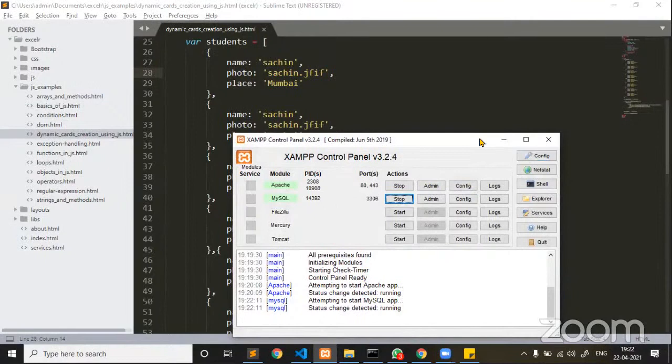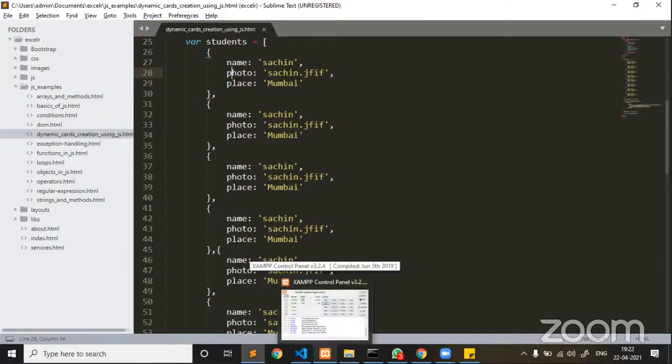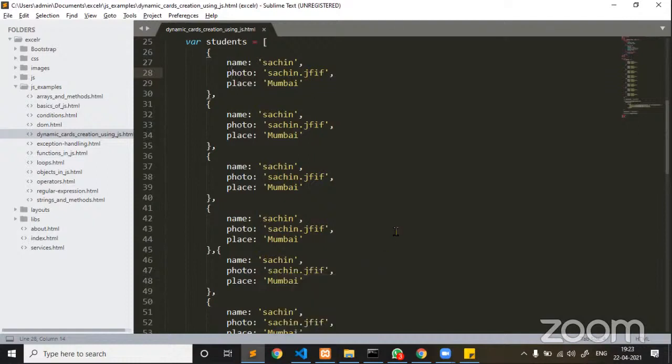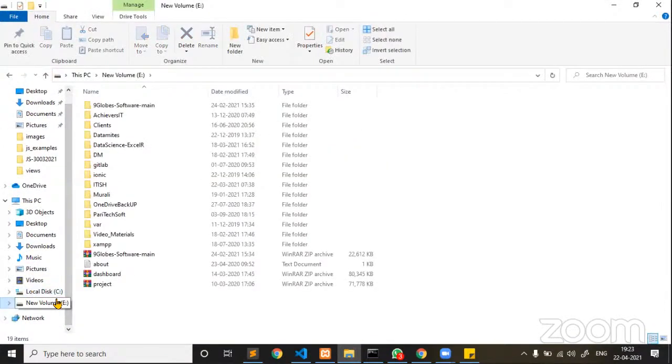Next, I started services in my operating system. Let me minimize this. And guys, when you are using Apache server, there is an option for all of us to place Apache server code in respective folders. Now in XAMPP, it is allowing us to place it inside the htdocs folder. Okay, now let me see. I'm going back to my folder. I installed my XAMPP server in my E drive.